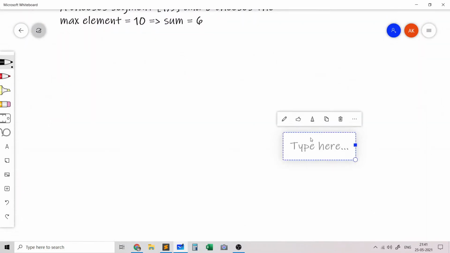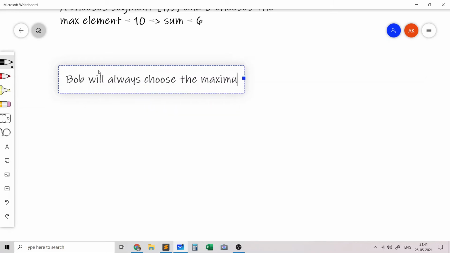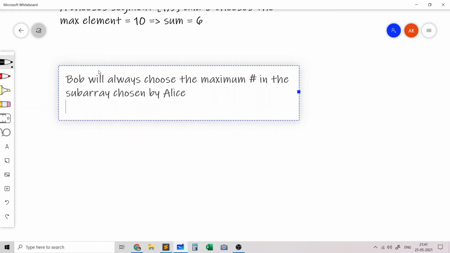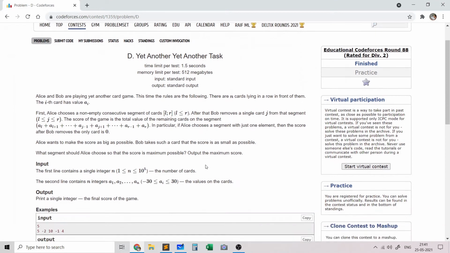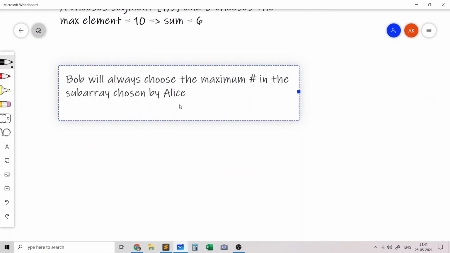Now let's move on to the full solution. The first observation that we can make is that Bob will always choose the maximum number in the subarray chosen by Alice. This is because Bob wants to minimize the sum of the elements in the segment and Alice wants to maximize the score. So Bob will always choose the maximum number so that he can minimize the sum of the remaining numbers